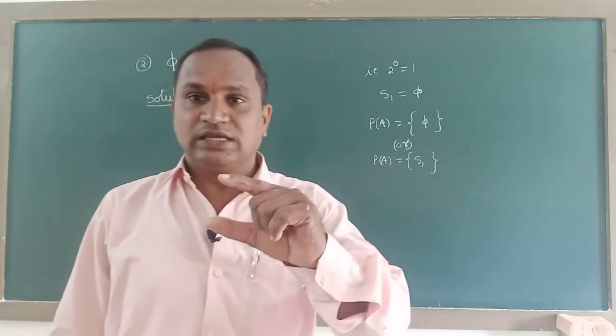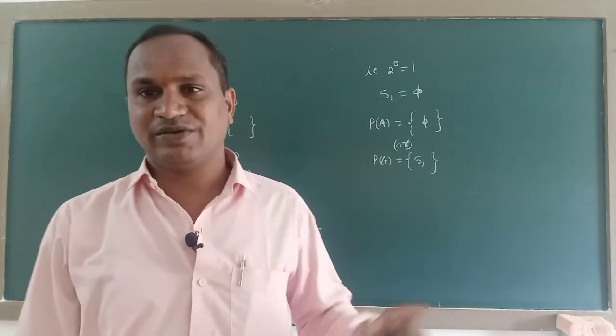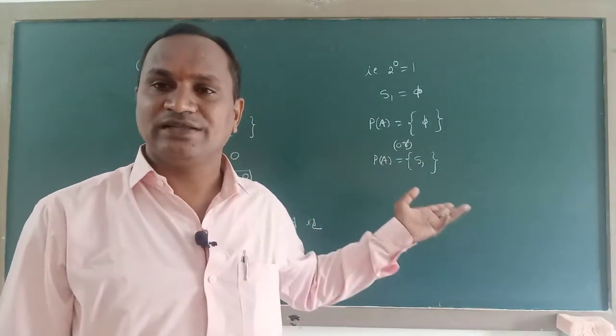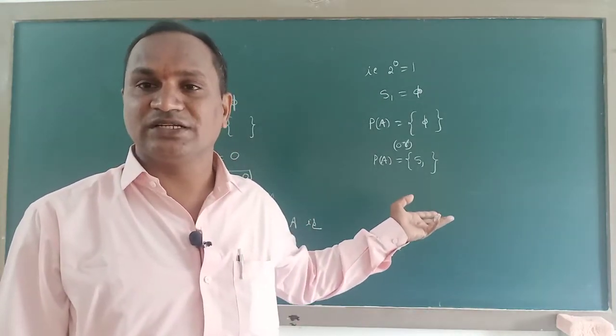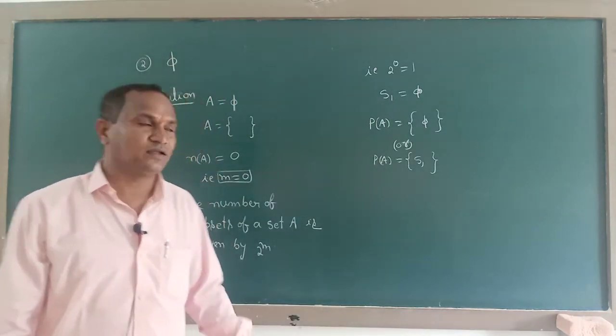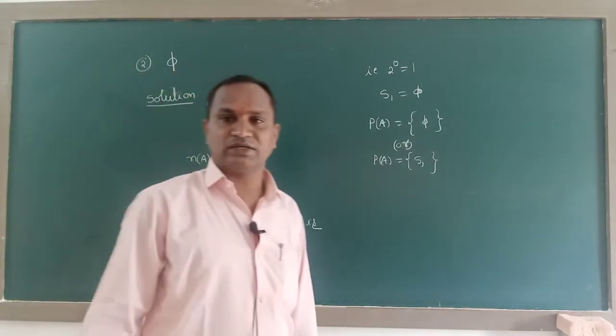This means in these two we are getting the same meaning for the null set only, not for other sets. Because they gave the null set now, in both cases we are getting the null set. That's why I have taken only one element, that is the null set here. This is the solution for the second question. Now we are going to move on to solve some other questions.